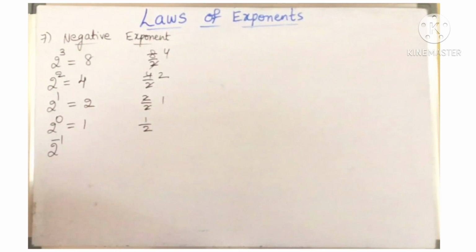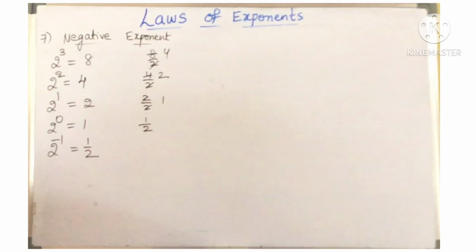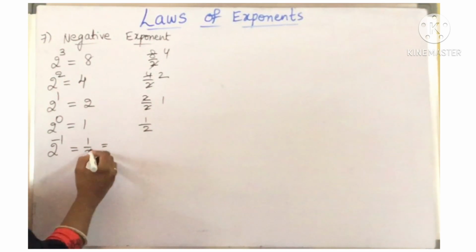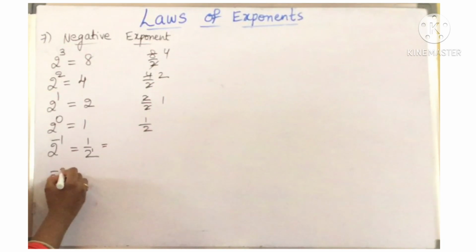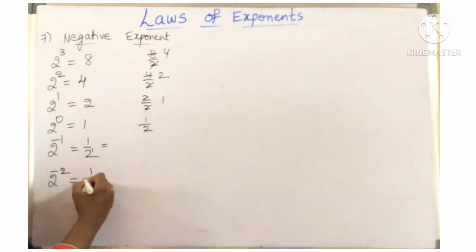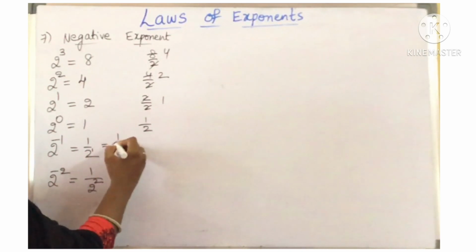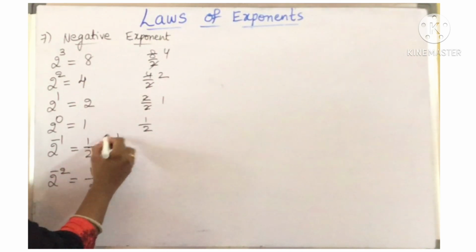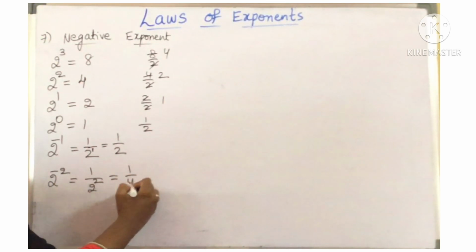Half. So here what do you get as the answer now? 1 by 2. Okay, that is 1 by 2 to the power of 1, right? So 1 by 2 to the power of 1. And can you say what is this value now? Half of this again, 1 by 2 to the power of 2. That is nothing but 1 by 2 power 1 is 1 by 2, and 1 by 2 power 2, 2 square is nothing but 1 by 4.